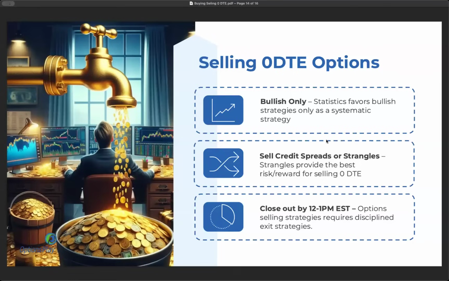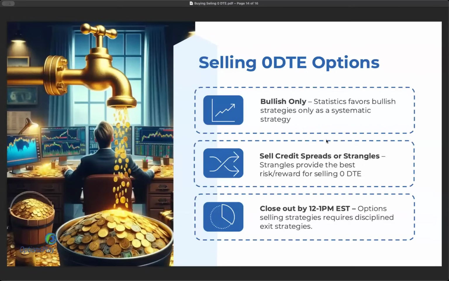for 0 days to expiration. But for a lot of beginners, for a lot of traders who have smaller accounts, a defined risk strategy just makes more sense than selling something that has theoretically unlimited risk, even though that unlimited risk over 1 day to expiration is pretty small relative to the quote unquote unlimited risk nature of this specific